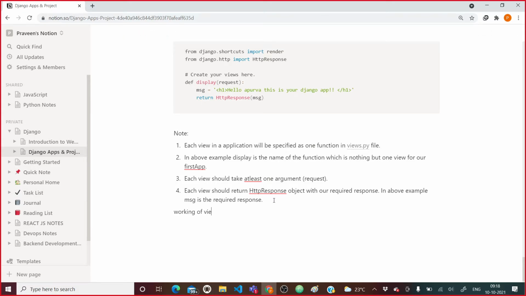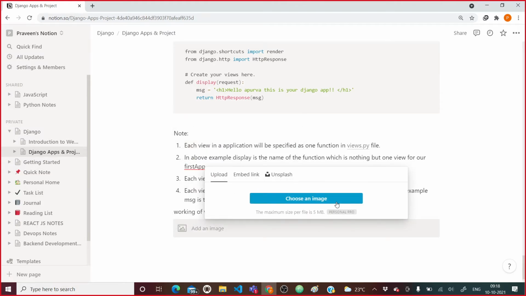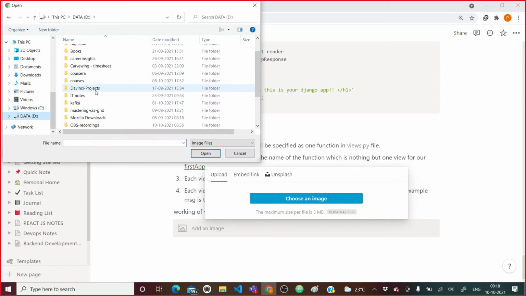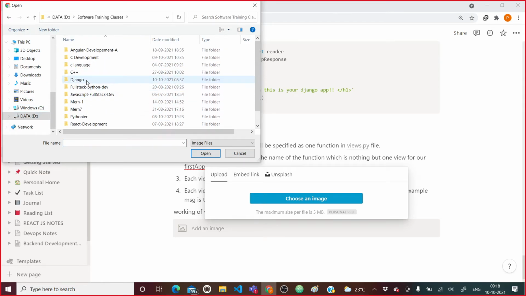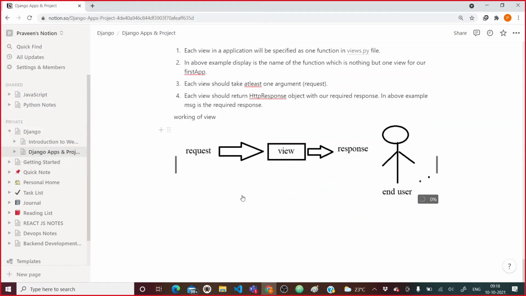Working of view. Here I need to upload the image. So coming here, training Django for view, right? This is what the working will be.